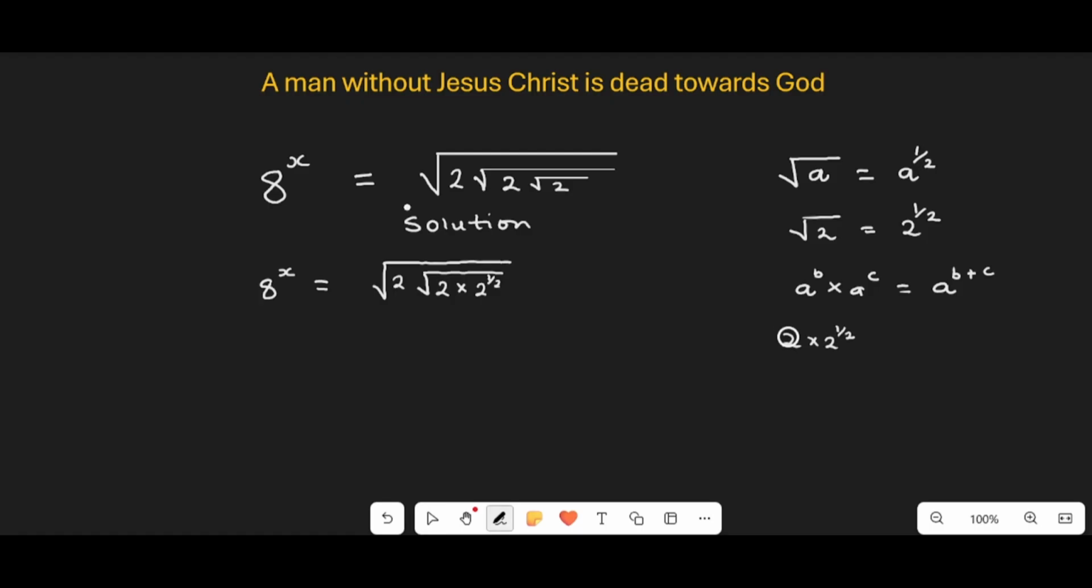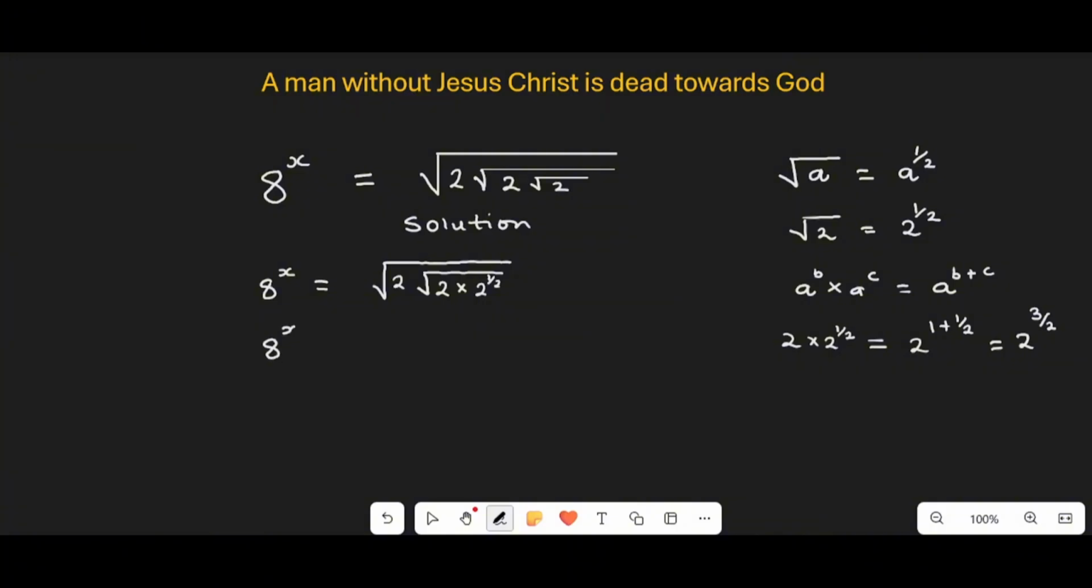Here we have 2 raised to power 1. Since the base is the same, we can add the exponent. That is equal to 2 raised to power 1 plus 1 over 2, which is equal to 2 raised to power 3 over 2. So in place of this, let us put 2 raised to power 3 over 2, and the equation will reduce to